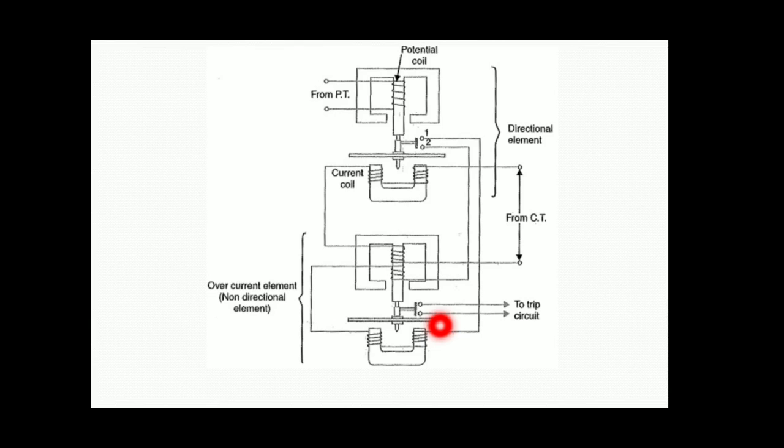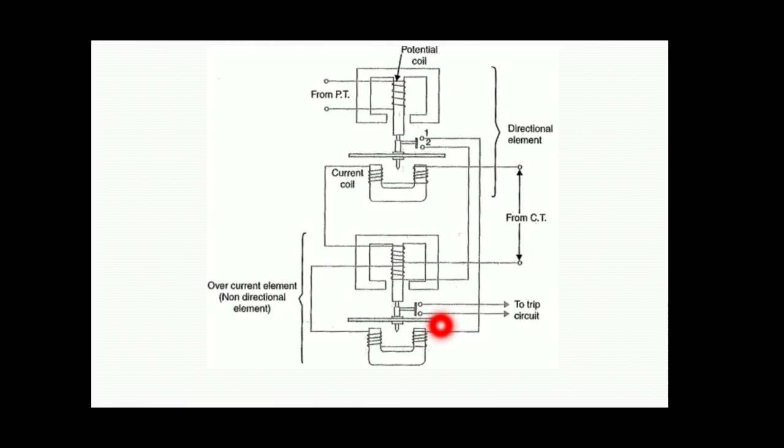This type of relay is suitable for generators and motors. In a generating station or in distribution systems, there are many generators and motors. In that case, if any reversal of the input is obtained, the generator or motor windings will be damaged. In that case we are using the directional type of overcurrent relay.